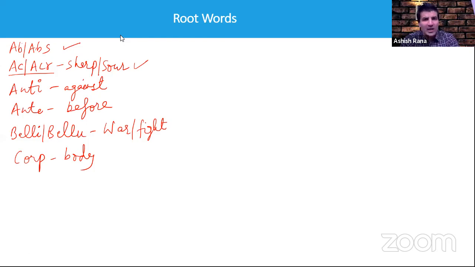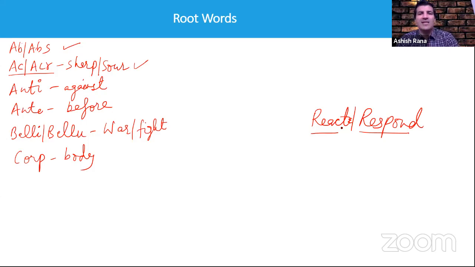And it has something to do with sharp. Okay, so one thing all of you have to remember is that there is a difference between reacting and responding, right? React versus respond. I want all of you to become smart people, meaning you should respond, not react. Who reacts? Fools react, right? That means without thinking, if we do something, that is a reaction. Smart people, what we do is we respond. So when I say AC, ACR, don't think of any word that starts with AC. Always think sharp. Okay, so it has something to do with sharp.